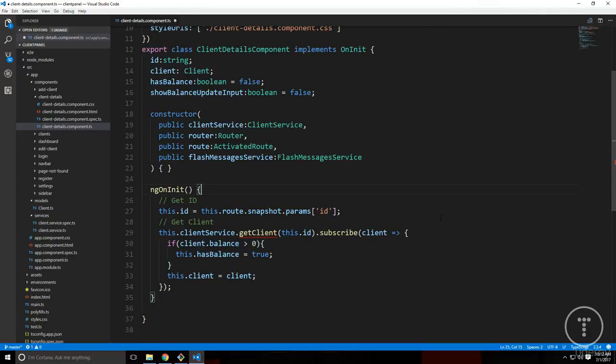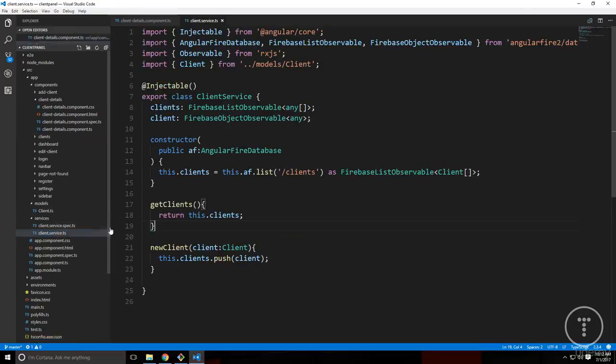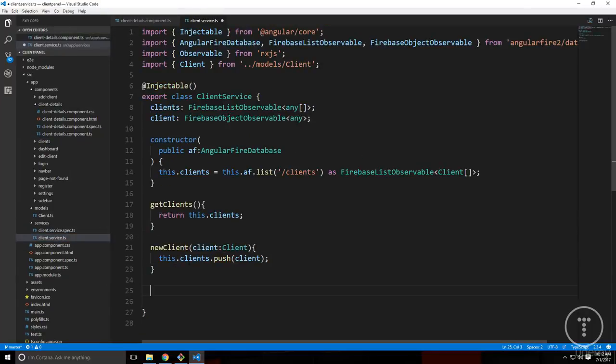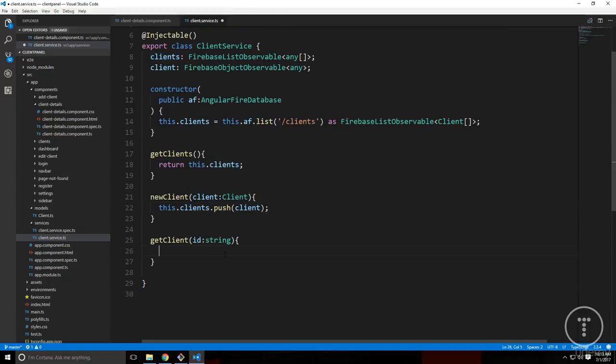So let's go ahead and save that, and then we're going to create this getClient function inside of the service. So let's do that. We'll go into client service, and let's create a function called getClient, which takes in an ID, just like that. That's actually going to be a string. And then for getClient, this is going to be really easy. All we have to do